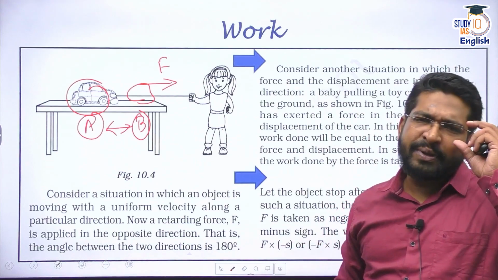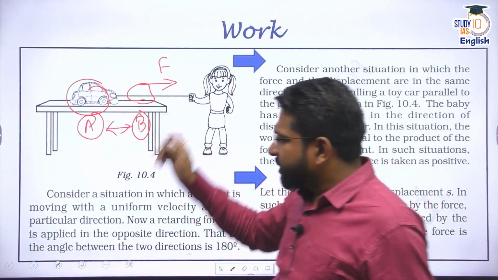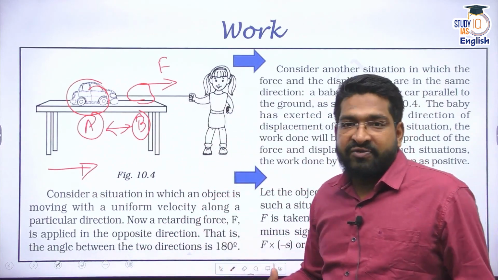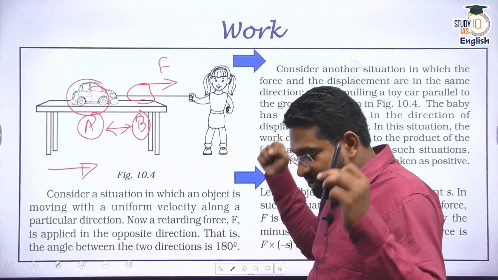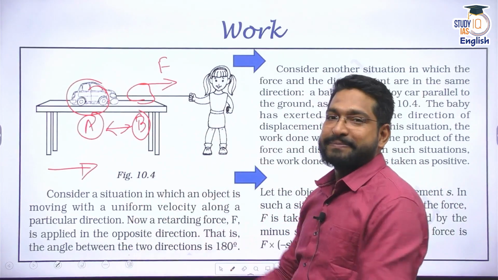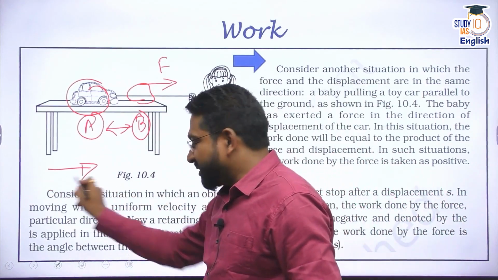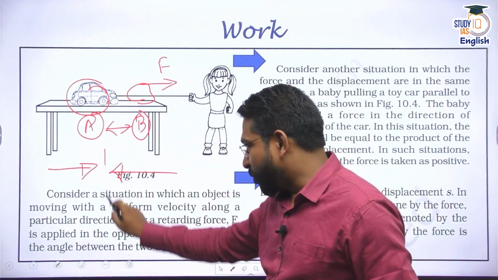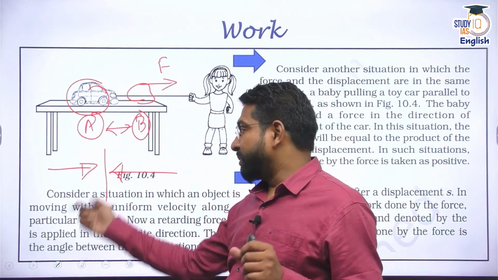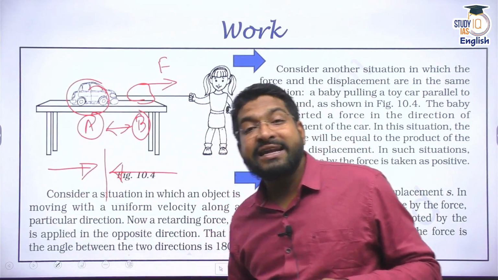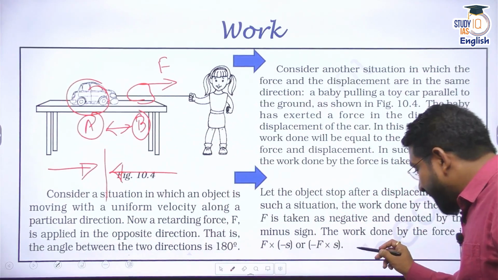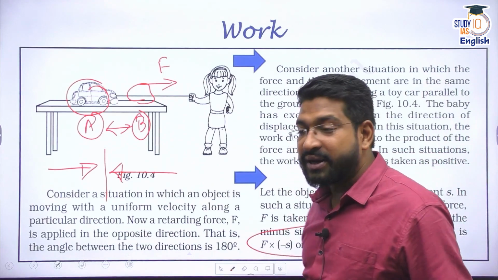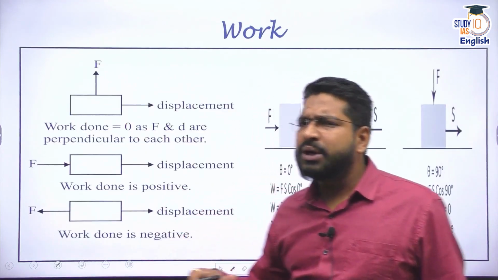But work can also be negative. For instance, if the car is already traveling in this particular direction and I go in front of it, imagine I am the Hulk. I go stand in front of the car and I stop it. That means the car is moving in this direction. I have applied the force from this direction. The car has come to a halt. That means there is some sort of change in motion. That means the displacement is negative, meaning the work done can be negative also. So work done can be negative, work done can be positive, work done can also be 0.